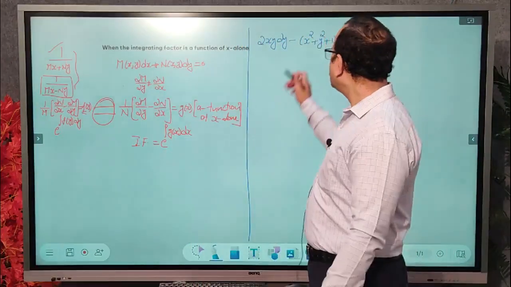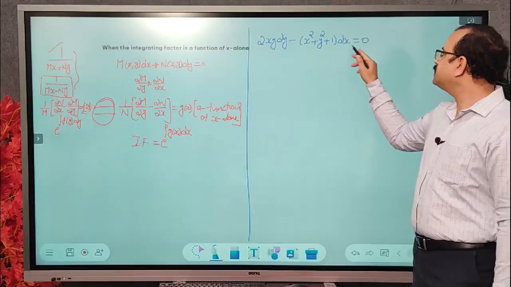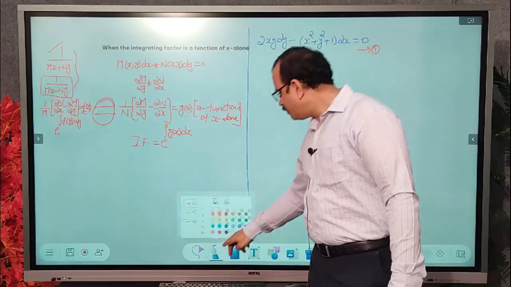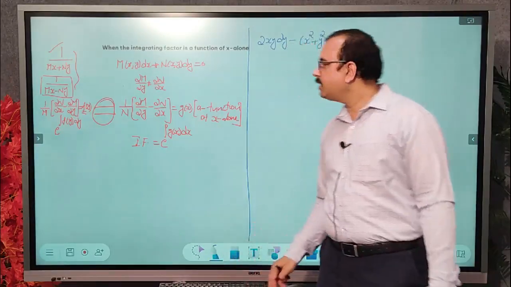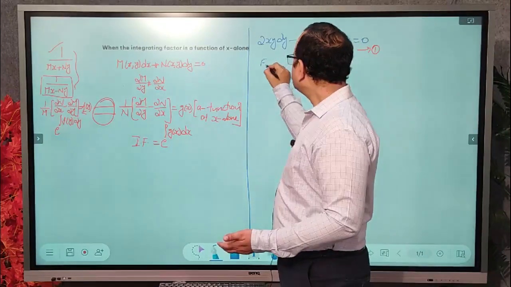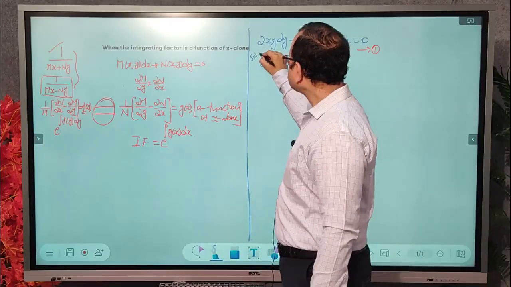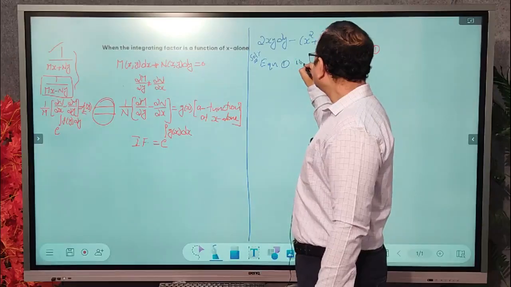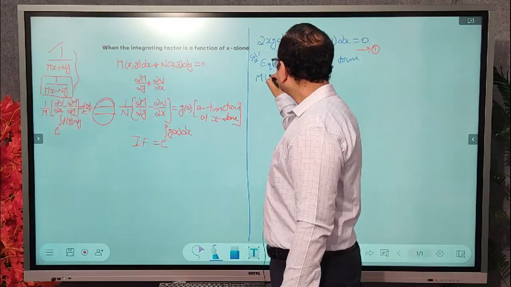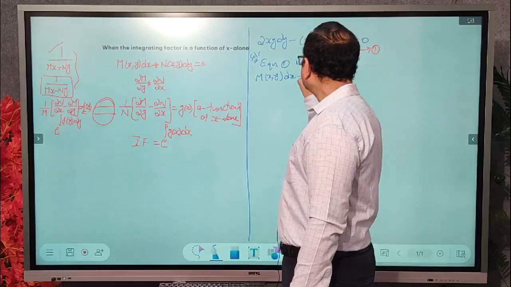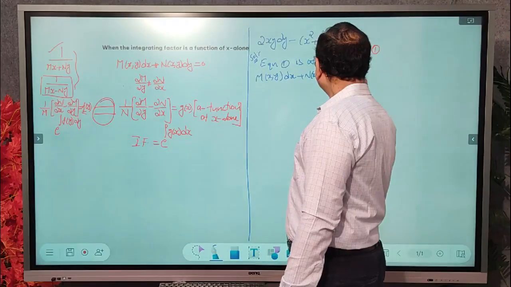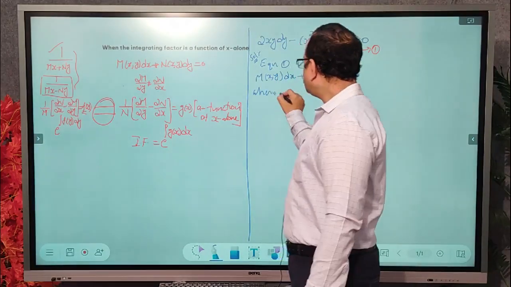The problem is given like this: 2xy dy minus (x square plus y square plus 1) dx is equal to 0. We take this as equation 1. First of all, it is in the form of M dx plus N dy is equal to 0. First we will check whether it is exact or not. So clearly equation 1 is of the form M dx plus N dy is equal to 0, where